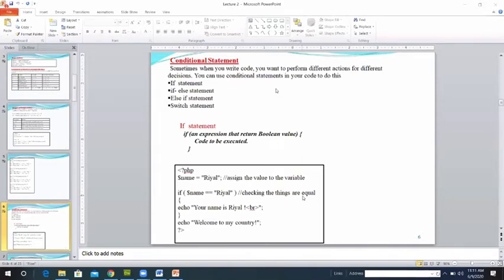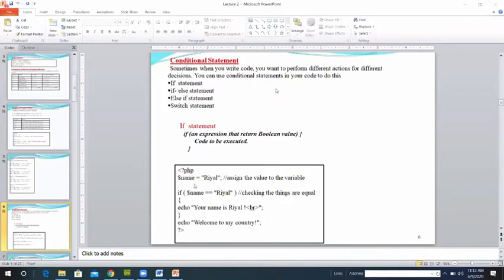If condition, then, if you want to perform a different action for a different decision, then you write the if else statements. Then write the first one. Here we write the BR tag to get a new line. We check whether things are equal because we have assigned the variable at the top.